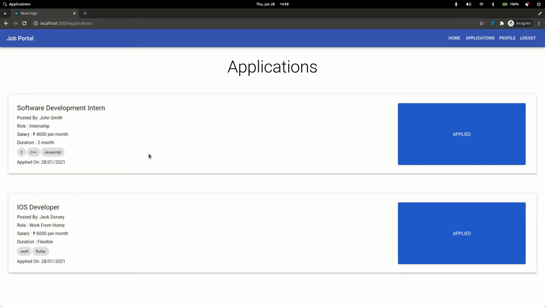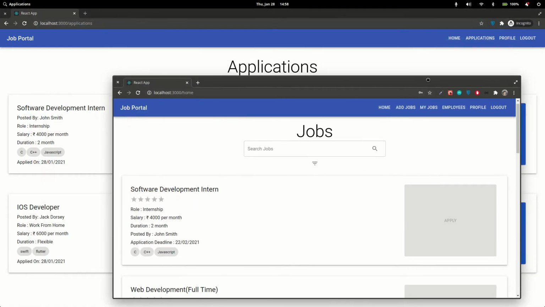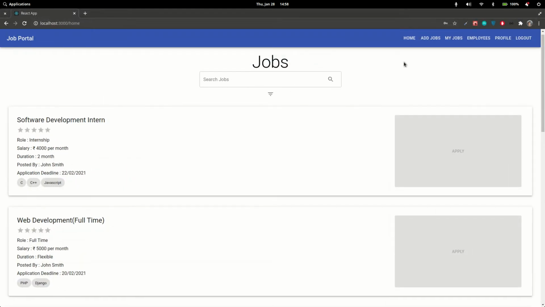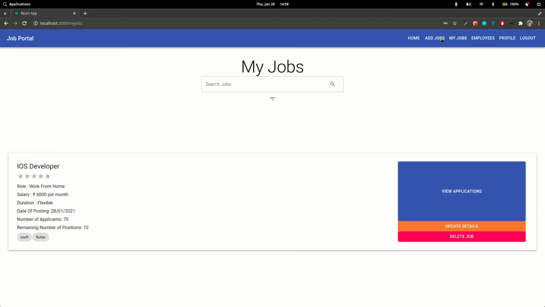This was posted by someone else, this was posted by someone else, and right now it is showing applied, right? This is a separate tab, I just wanted to show. In this tab the recruiter's profile is open. You can see Jack Dorsey's profile is open. What I can do is go see, this is the job which I created, right?